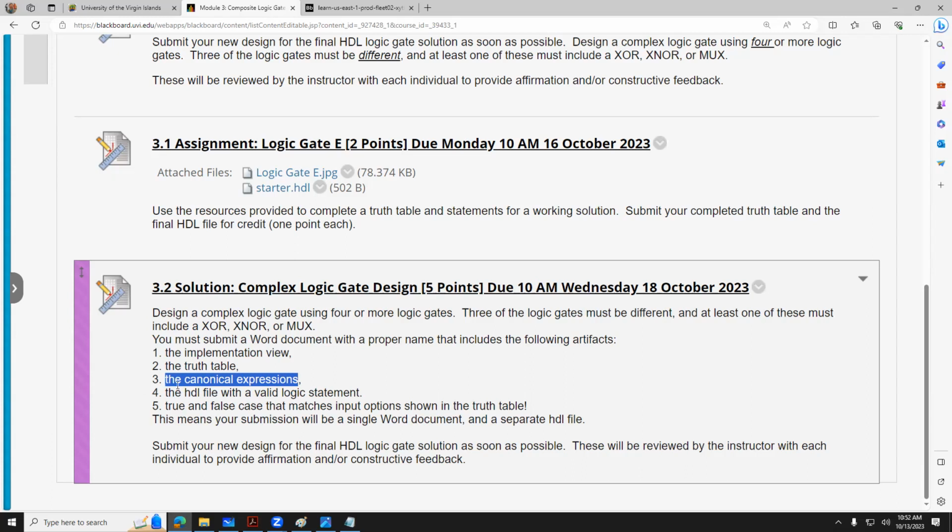The HDL file with a logic statement. Have I not already given you a starter template? Yes, I have. True and false case that matches input options shown in the truth table. Now, what do I mean by that? When you do the HDL